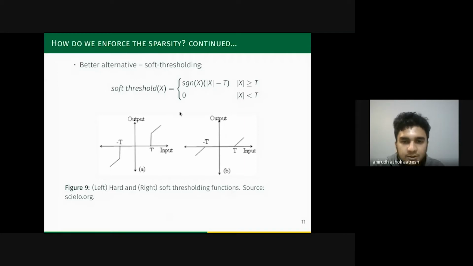An improvement would be the soft thresholding function, where you make all the signal components below a certain threshold 0, but all those which are greater than that, you subtract t from. This results in a more effective form of thresholding and sparsity formation. So figure 9b represents the soft thresholding function.